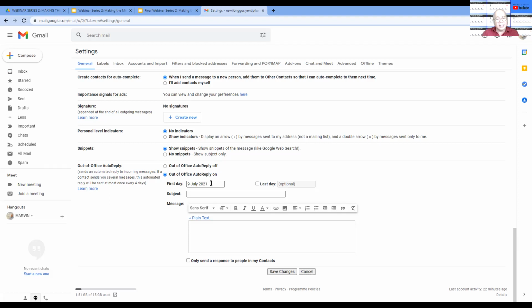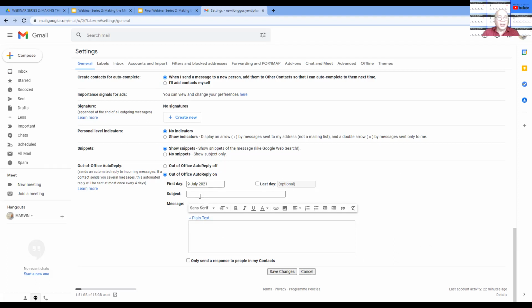You're going to set the date of the first day, or you can also set the last day, but it's optional because when you return to your office from your vacation or a trip, you can always go back here